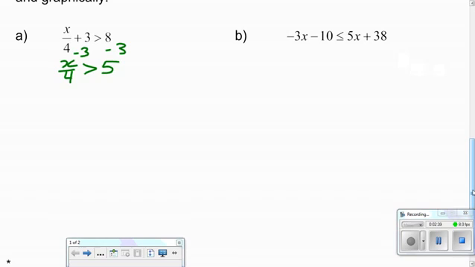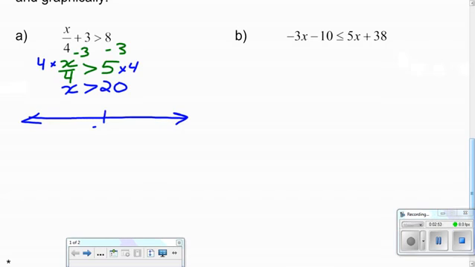Okay, so x divided by 4 must be greater than 5. We're going to multiply both sides by 4. So now we have x must be greater than 20 as our solution. And this says we need to show our solution algebraically and graphically. So that means on a number line. So put my boundary point,